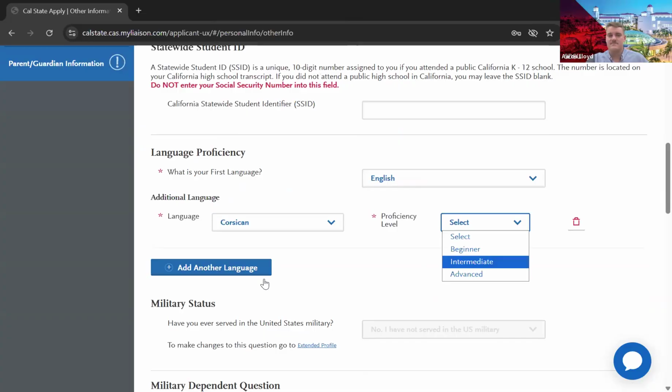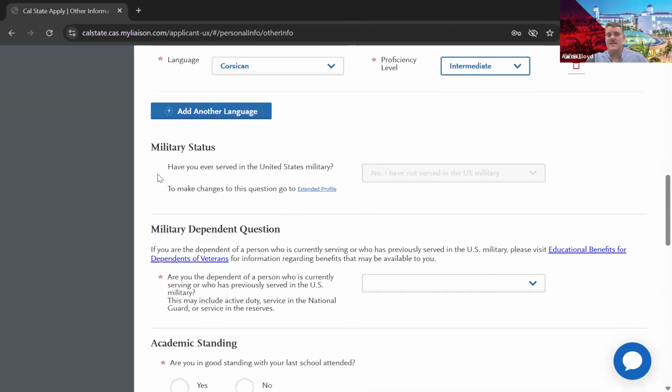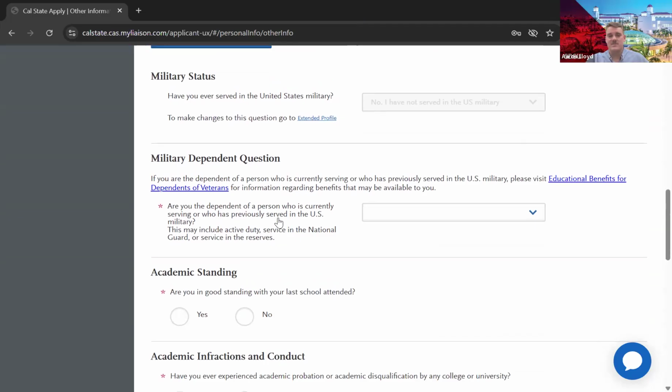And then your proficiency level. And then your military status will come up again. If you want to make any changes, you will need to go back to the extended profile. Military dependent questions. So are